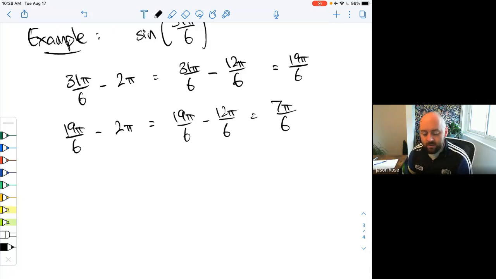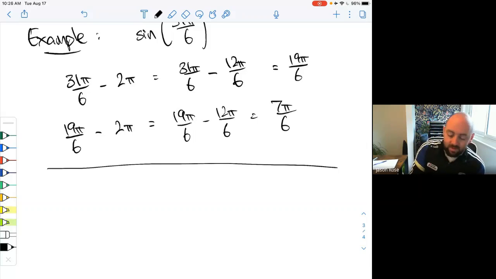Now, you might be looking at this and saying, that seems kind of inefficient. I did it twice. Why didn't I just do it right the first time? And exactly. So maybe if I was thinking a little bit harder, I could have said to myself, 31 is rather big. So if I just take away 2 pi, it might not be good enough. So what I could have done in the beginning